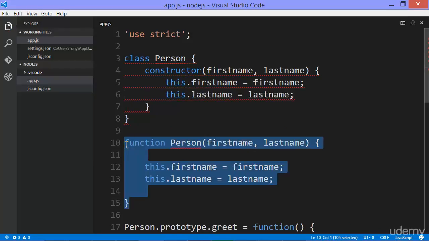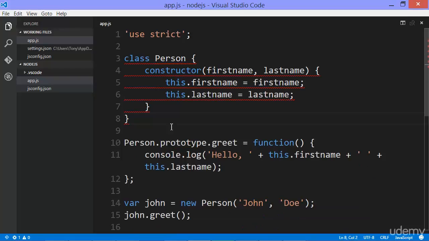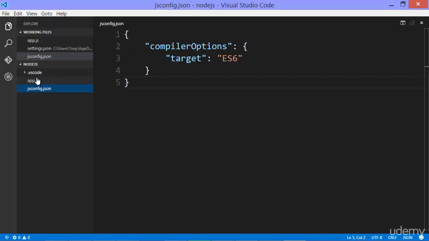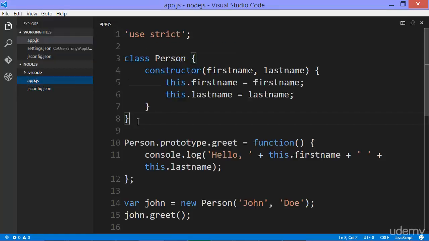And I can get rid of my person function constructor. And the red lines are gone now. The red lines were just there because VS Code wasn't aware of the ES6 JSON file at that moment. But here we go. So I have a constructor,